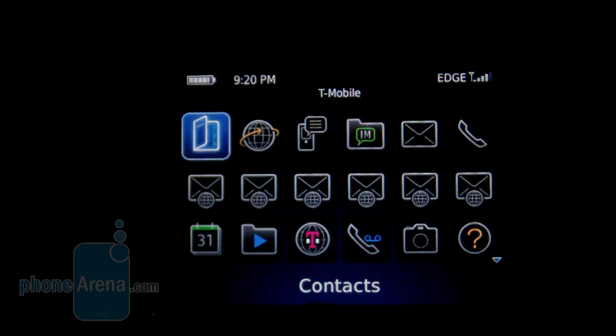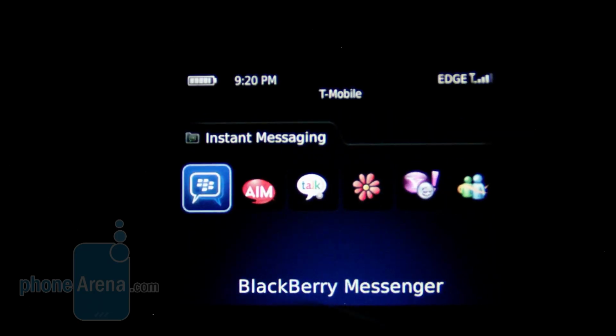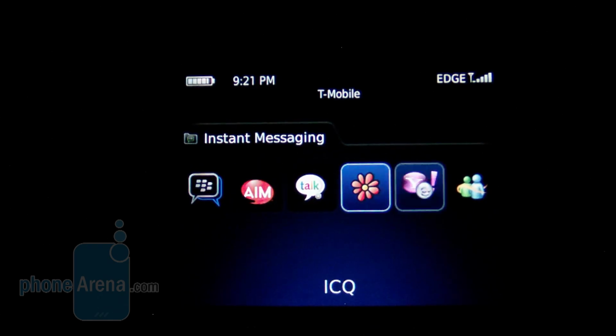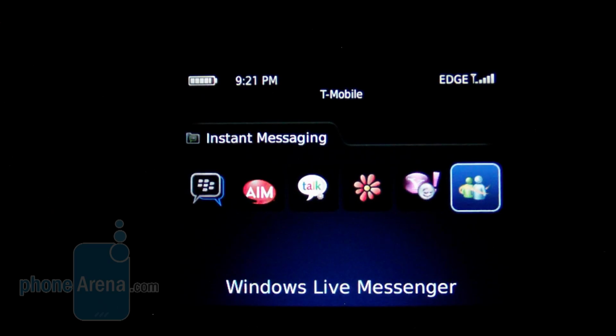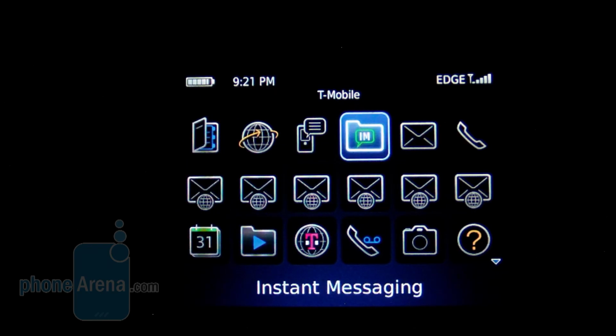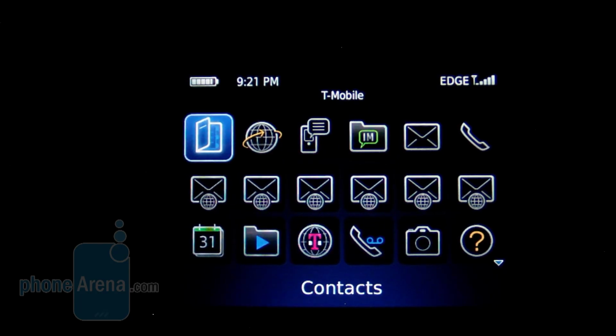If you prefer a more instant way of chatting or getting in touch with someone, you could use the various IM applications from BlackBerry Messenger, AOL, Google Talk, ICQ, Yahoo, and also Windows Live Messenger to keep in touch with your friends. Setting up email is quite a breeze. All that's required is, of course, the email address and password, and generally the phone will automatically put in all